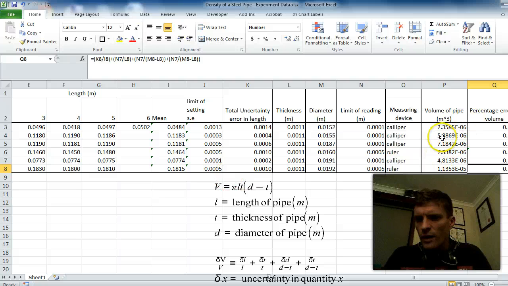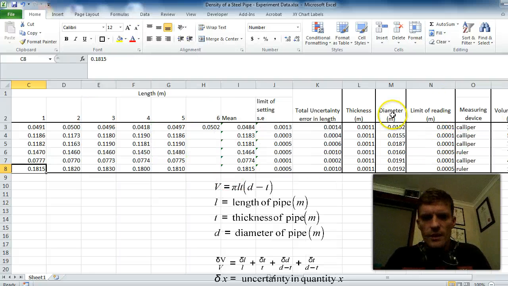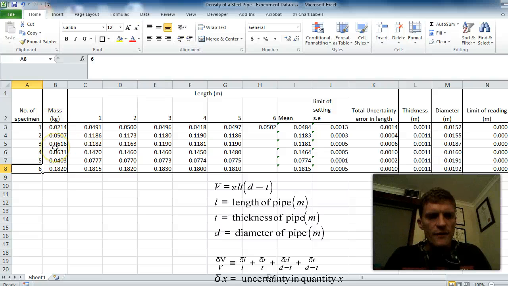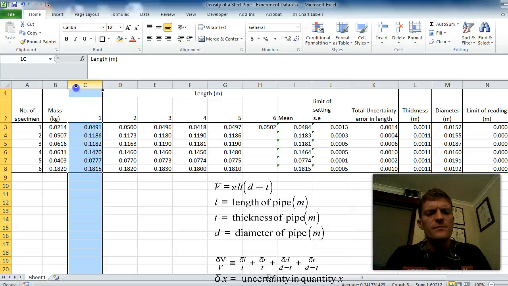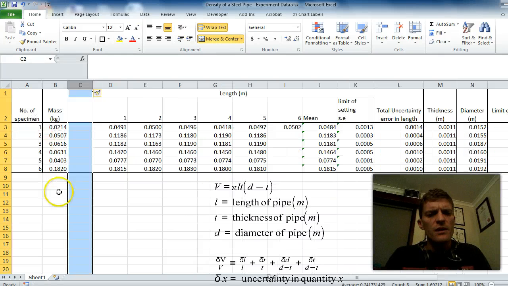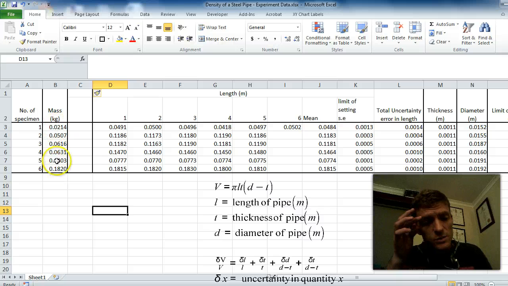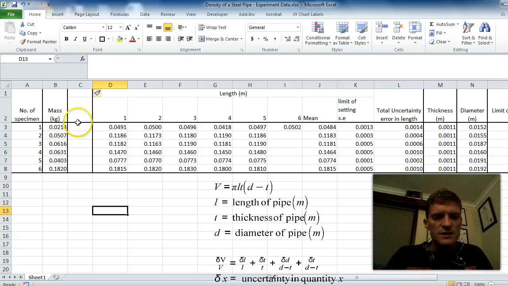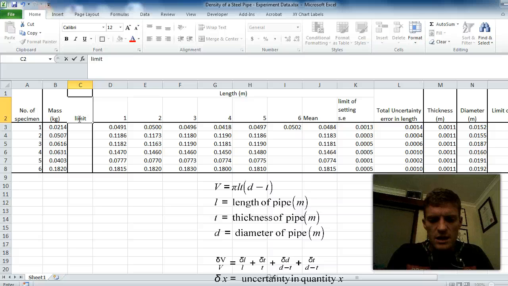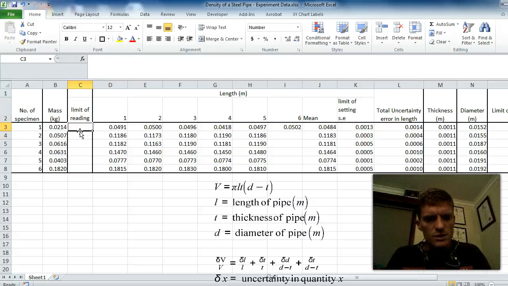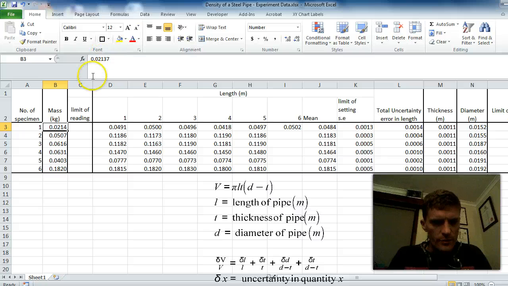We've got our volume and our error in volume, and we have our mass. But we don't have our error in mass. And the error in mass is also an important quantity because mass was measured with the electronic balance, and even that has its limitations in how accurately we can measure quantities. So the limit of reading in mass is important to consider. Let's have a look. We were measuring mass to 1, 2, 3, 4, 5 decimal places. So let's take half of that quantity,